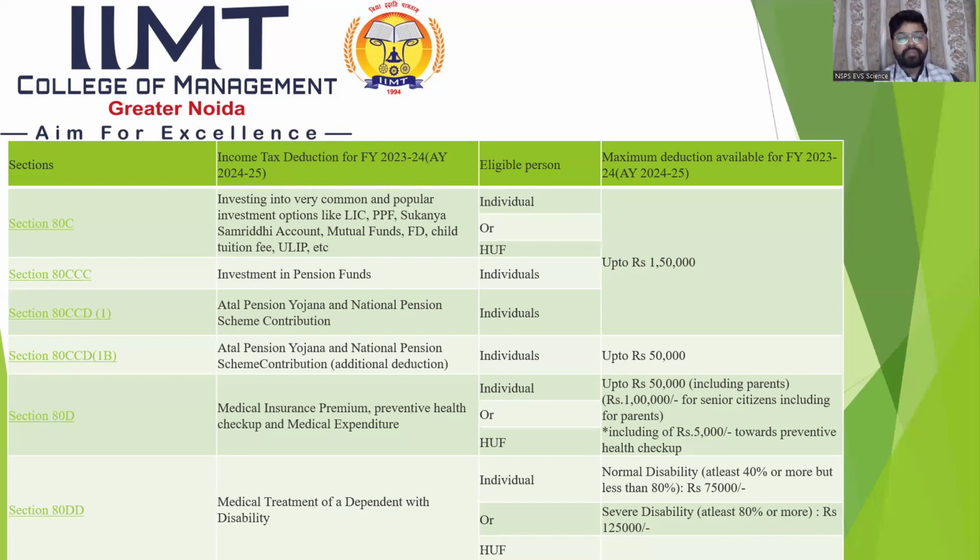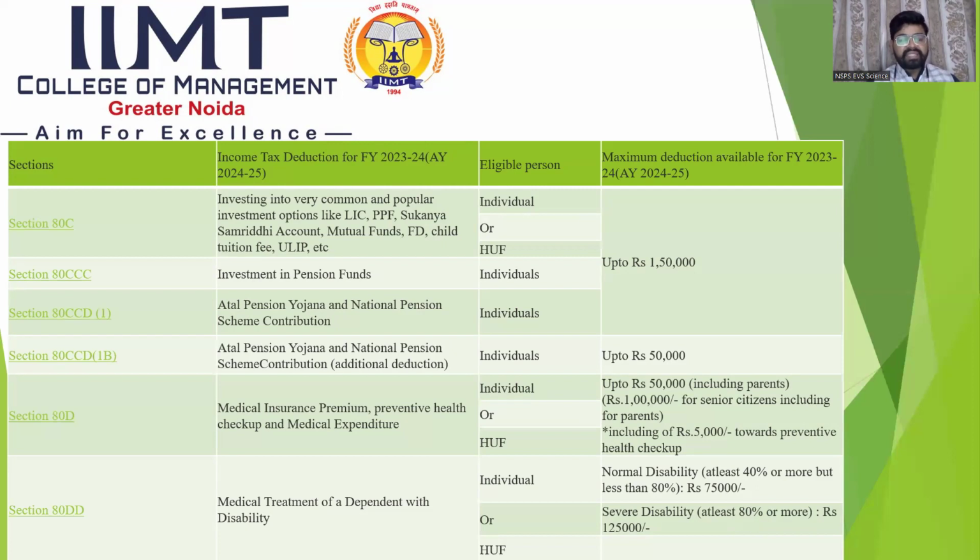80CCC is for investment in pension funds. If any person invests in a pension fund, eligible only for individuals, then the deduction is claimed under section 80CCC. Then the other section is 80CCD subsection 1, Atal Pension Yojana and National Pension Scheme contribution, which is allowed to individuals, but the limit under section 80C, 80CCC, 80CCD subsection 1 is up to rupees 1.5 lakh. The next section is 80CCD subsection 1B, Atal Pension Yojana and National Pension Scheme contribution additional claim. An additional deduction is allowed in specific cases by the government up to rupees 50